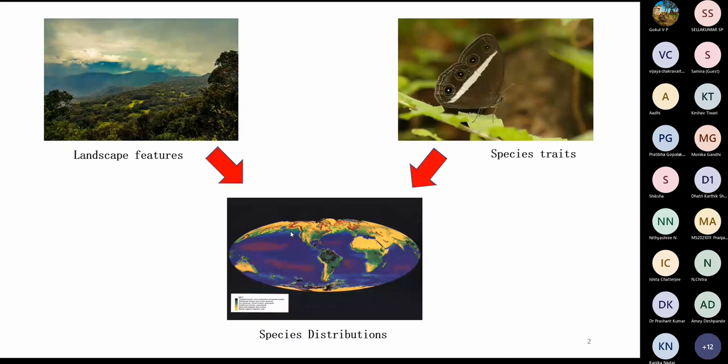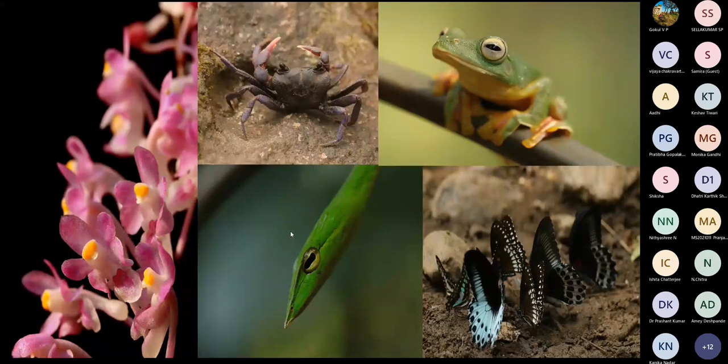And as I said, my PhD was in the Western Ghats, and it was mostly a field-based project, which involved me spending time in the field for 6 to 8 months in a year. And most of these places were in the remote parts of the Western Ghats in the Goa, Maharashtra, and Karnataka region.